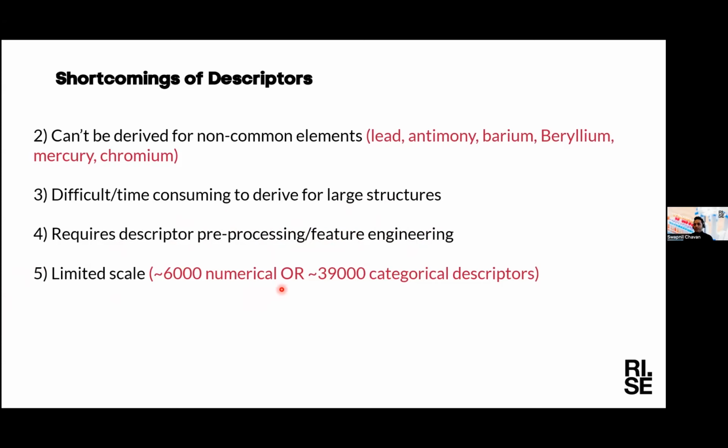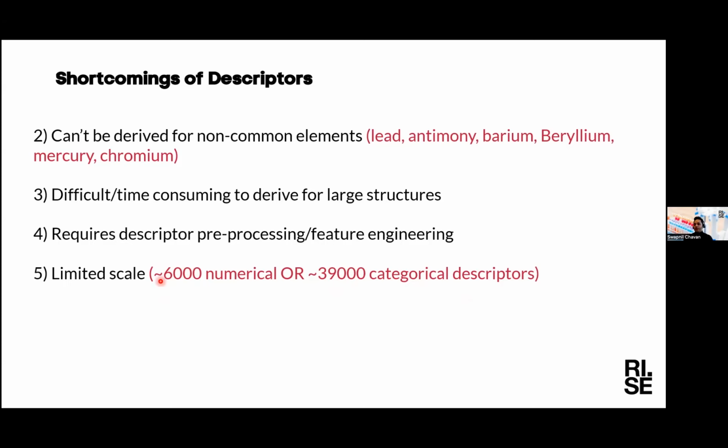For example, for a numerical descriptor, the AlvaDesc software, formerly known as Dragon, has approximately 6,000 maximum descriptors. And for binary types of descriptor, there is a PaDEL 2D descriptor which has close to 40,000 bit string. And this is a limit because in a traditional QSAR, there is a rule of 1:5. So for 5 chemicals, you need one descriptor.